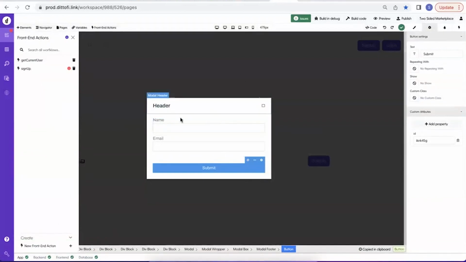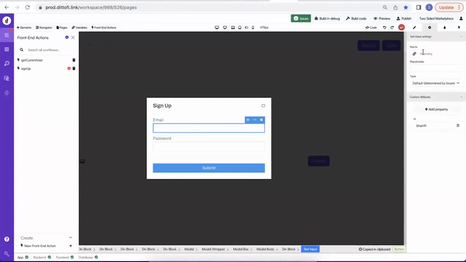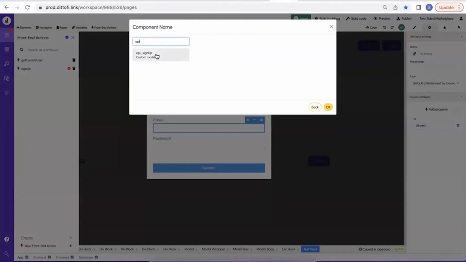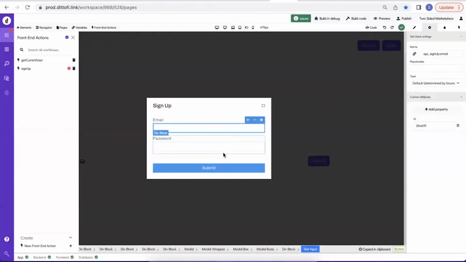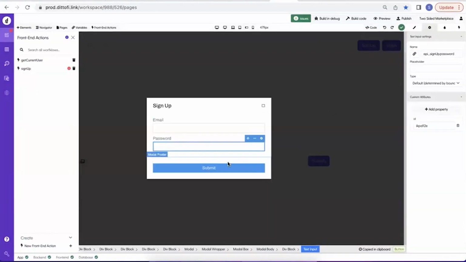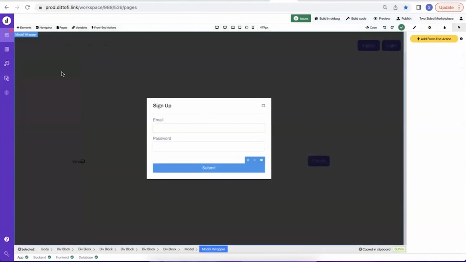So then on my actual form here, let's say I can just rename this to sign up. I can label that as email and password. And then I can bind these input boxes to that EPI variable that I created. So this sign up email and this sign up password one here. And then finally, I can click on my submit button, go to this sliding bolt icon here, and say on click, I'm going to run the sign up front end action there. If I now close this box down,